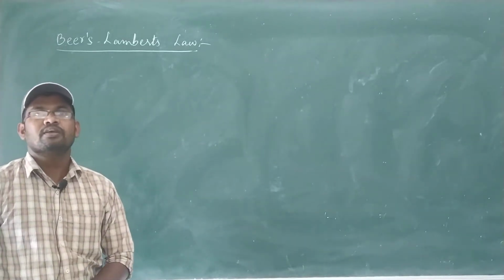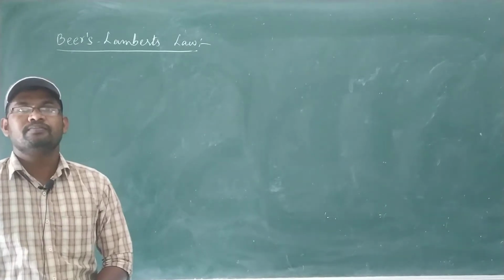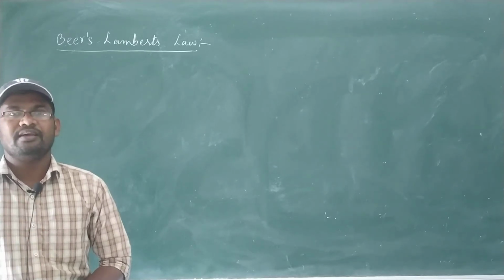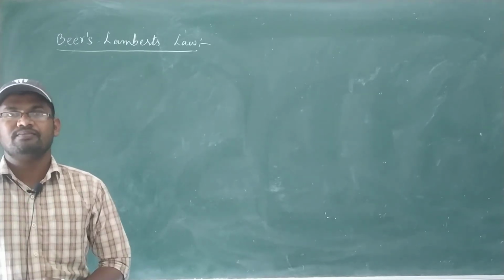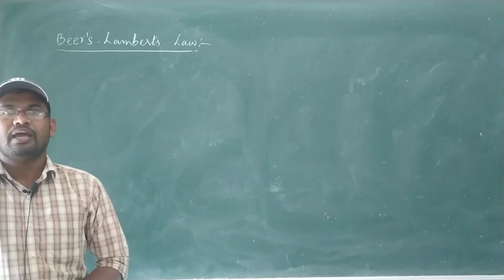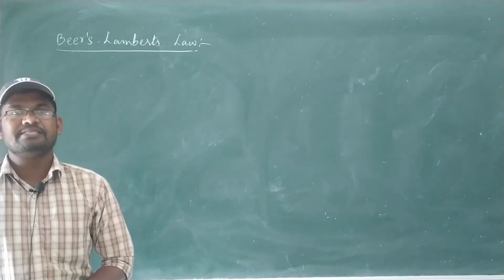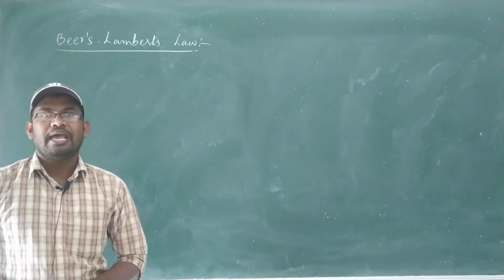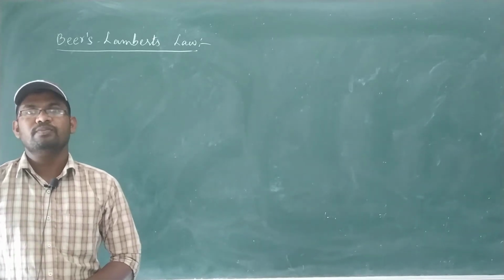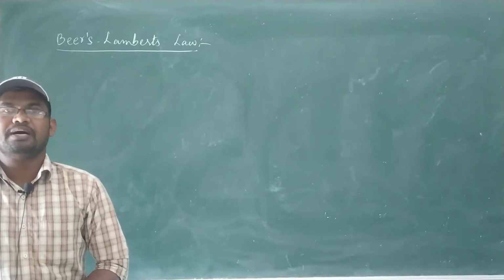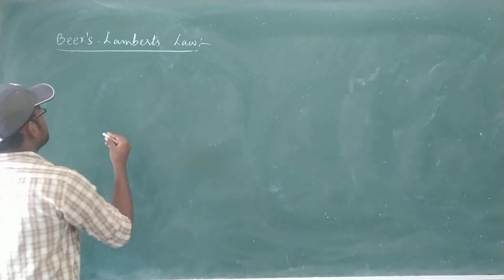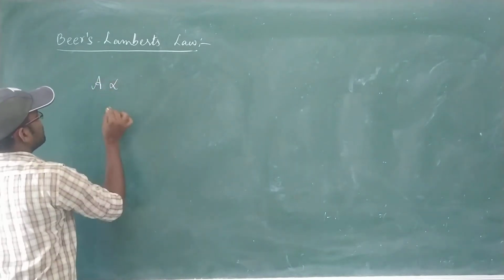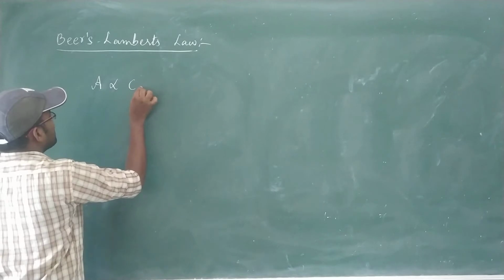Beer-Lambert's law says that monochromatic light, nothing but UV visible light, is passing through a colored solution. The absorption of light is directly proportional to the concentration of the solution and the length of the path. Simply, UV visible radiation is passing through a colored solution, and absorption of light is directly proportional to the concentration of the solution and the path length of the tube. So Beer-Lambert's law is expressed in terms of absorption,